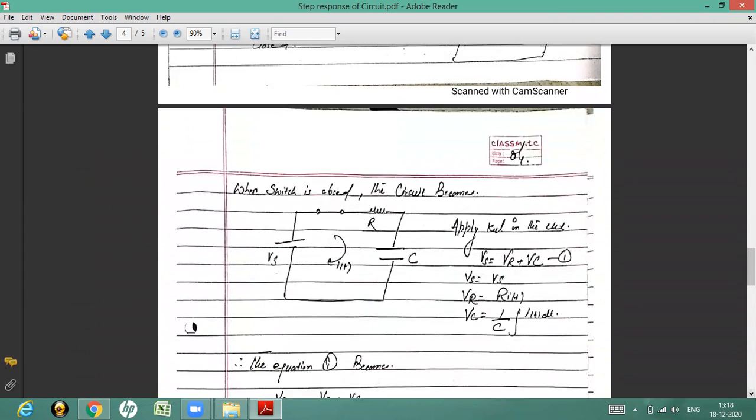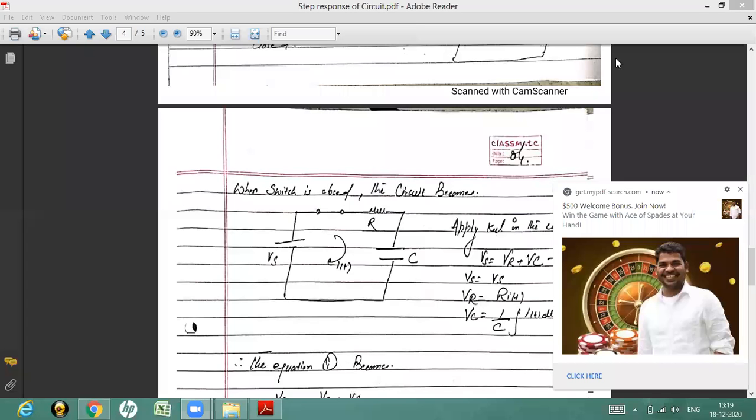Now you see, the switch is closed, and the circuit becomes exactly the same as in the series RL circuit. Here is the circuit: you have Vs, the switch is closed, R, C, the circuit is complete, and when this circuit is complete, the current will start flowing in the circuit. So you see again in this circuit that,